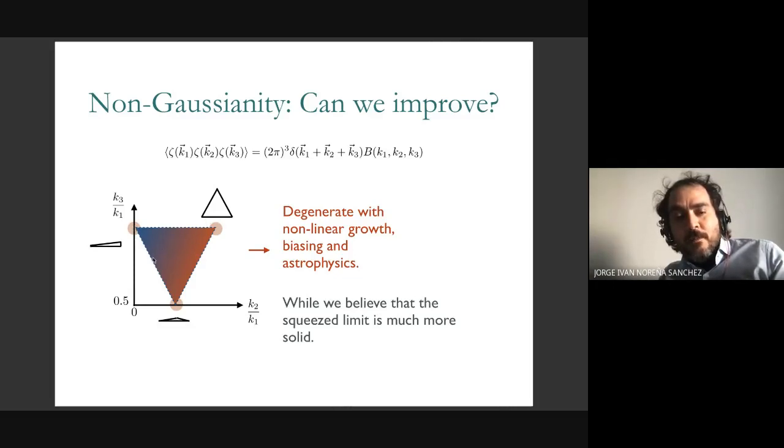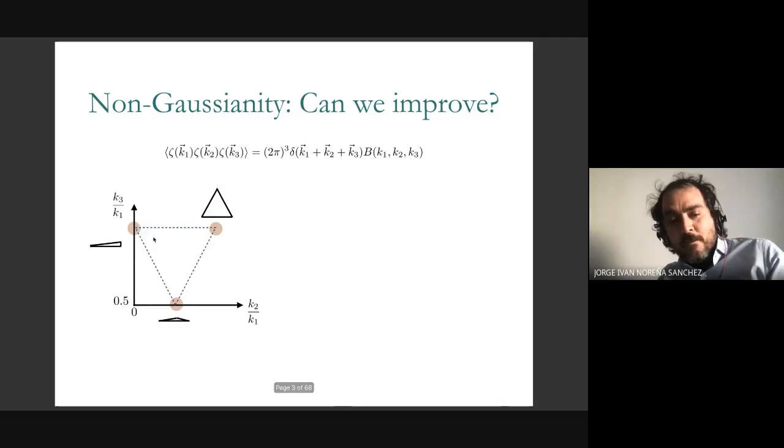But in the squeeze limit, there is a divergence that we will talk about in the primordial bispectrum that cannot be generated by any astrophysics. And so that makes it that the squeeze limit is very solid, and it can be separated from nonlinear growth in a very solid way. And as we will see, it's also very physically interesting. So we are lucky, actually, that we have hopes to improve on the squeeze limit of the primordial three-point function,